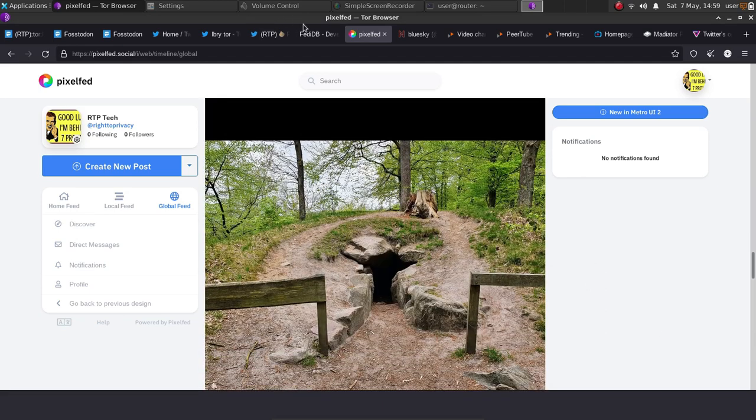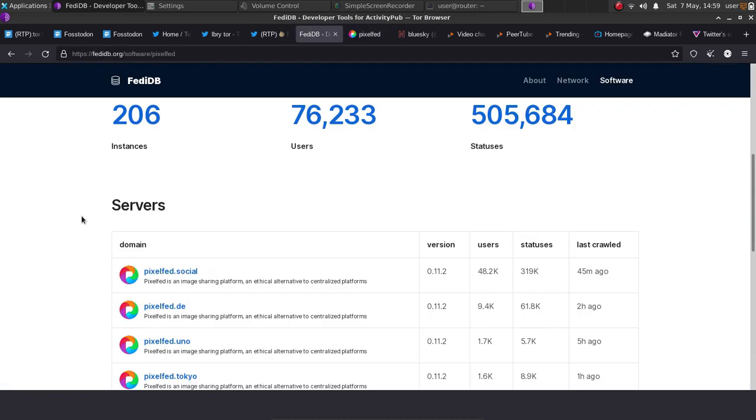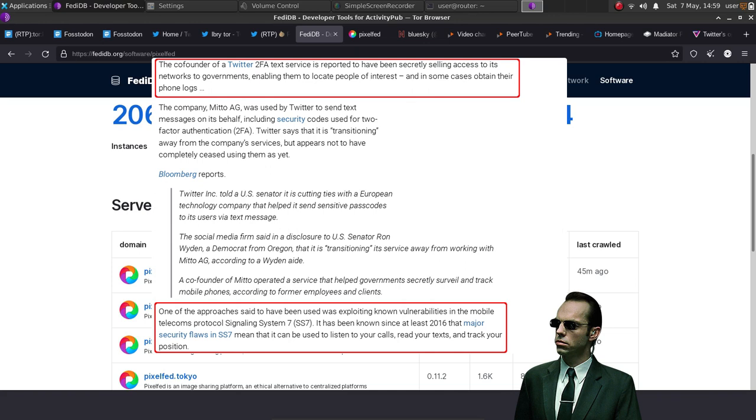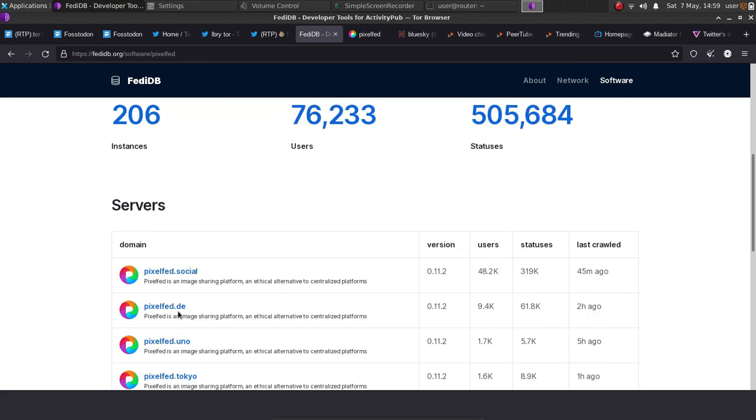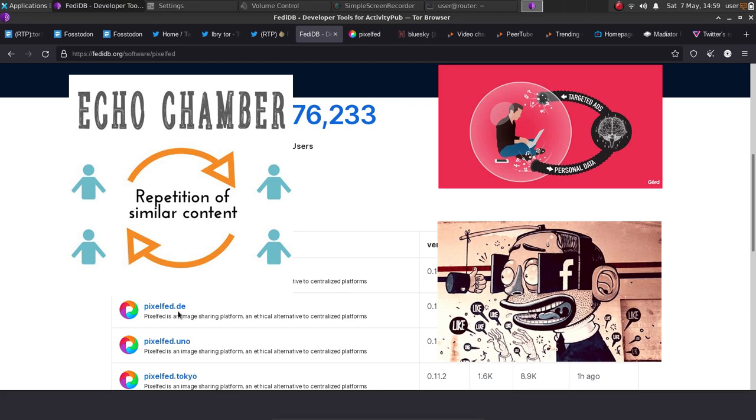But I do suggest checking these things out, especially Mastodon, but Pixelfed is a great place. You can upload and share your pictures. It's a great place because it protects your privacy against all of the manipulation. Results that you search for are just what you search for in basically the order they should be. There's no manipulation of the algorithm wherein you will have certain people who might be political and you can't even read their stuff because they have been downranked through the algorithm itself. And that's the case on all the mainstream platforms right now.